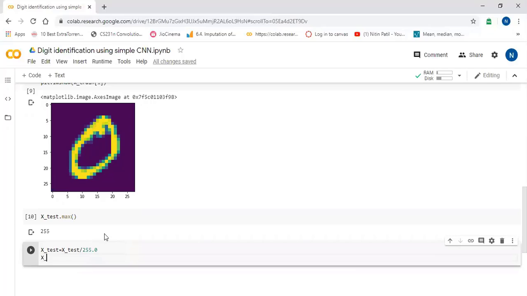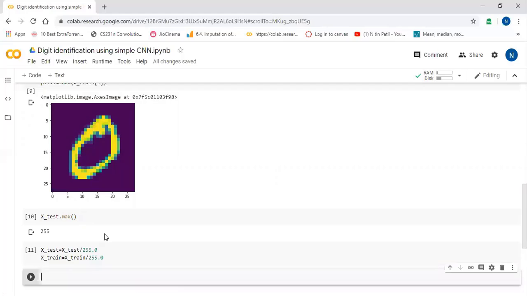Same way we will apply for train as well: x_train equals x_train divided by 255.0. Okay, now we have normalized our data.